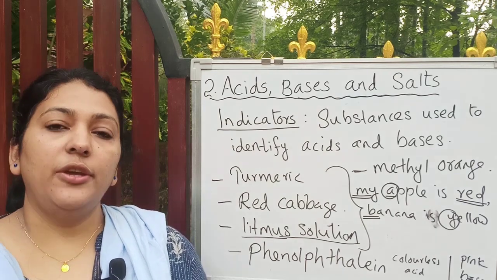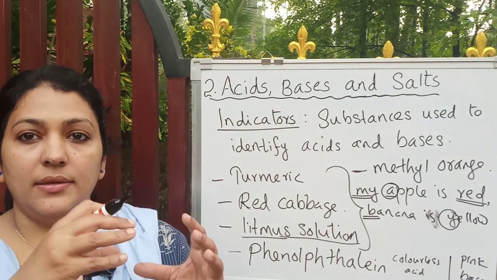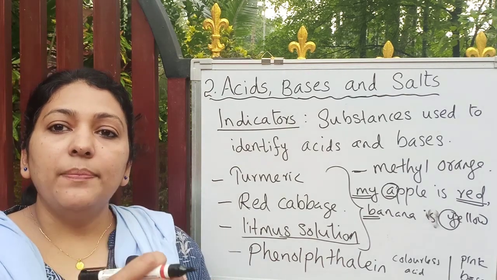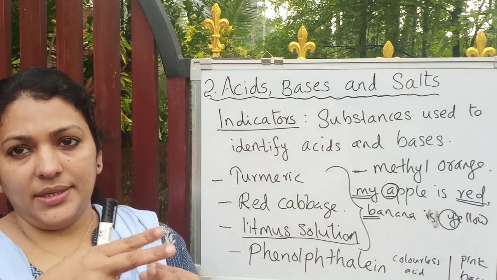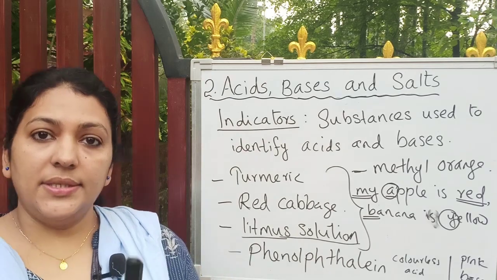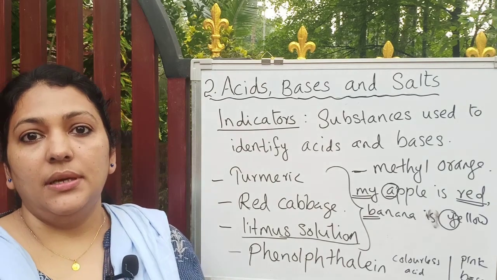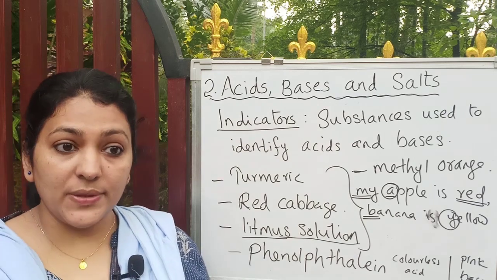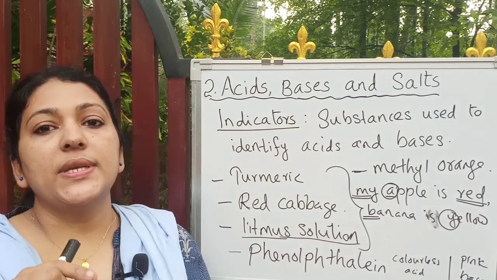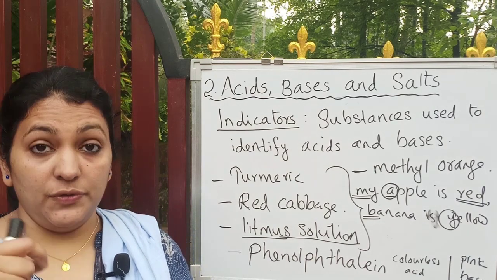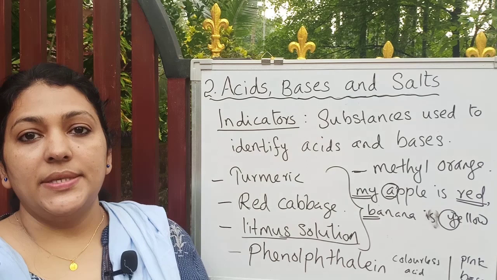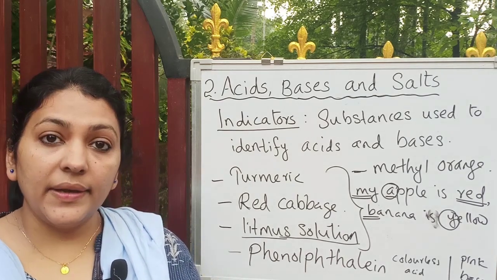Chopped onion, if you keep it in a sealed bag, and along with that you add some normal A4 size paper cut into different pieces, the next day the papers will change into olfactory indicators because they absorb the extract of onion, right? So you can use that as an olfactory indicator, which will show different smells in acid and in base. So onion is an olfactory indicator.